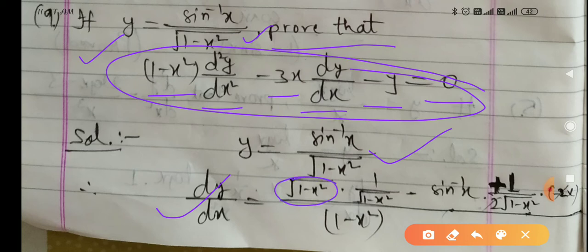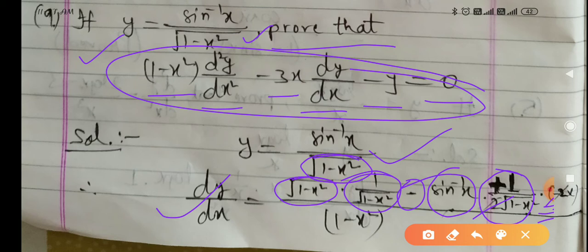Now the denominator is the same, the differentiation of sin inverse x is 1 upon under root 1 minus x square, and minus comes in the formula. Sin inverse x stays the same, and the differentiation of under root 1 minus x square will be plus 1 upon 2 into under root 1 minus x square, into the differentiation of minus x square, which is minus 2x by the chain rule. So you have to pay attention, the 2 will cancel. Now what will remain after simplifying?